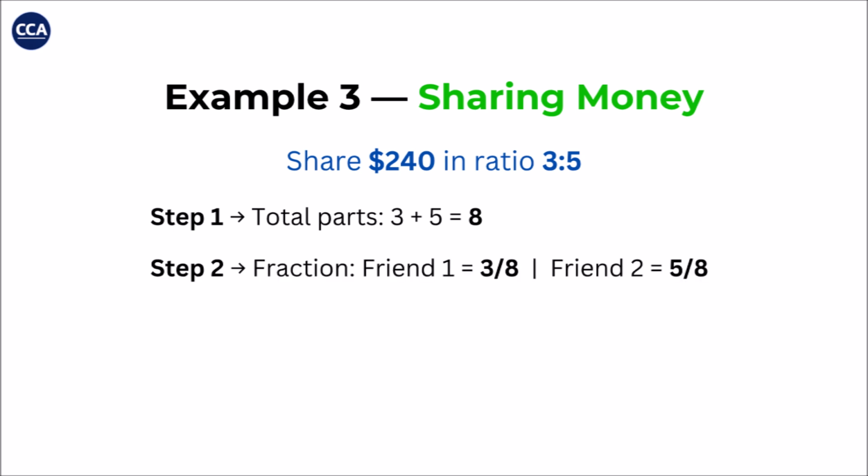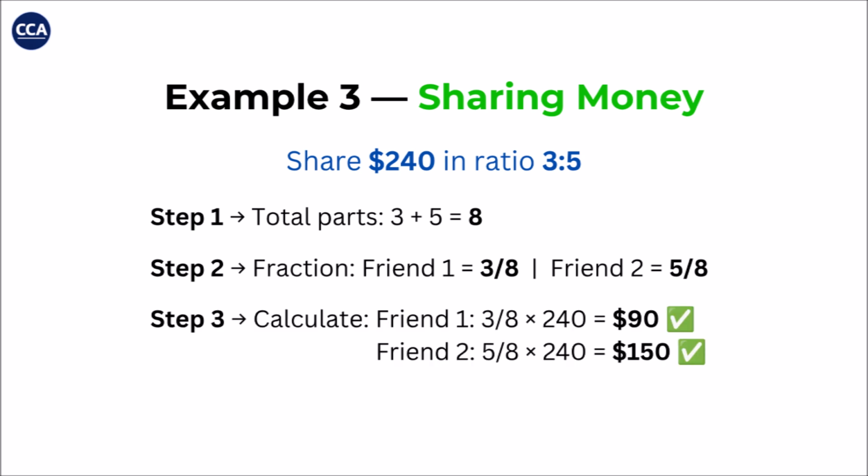Step 2. Convert each ratio part to a fraction of the whole. Friend 1 receives 3 over 8 of $240. Friend 2 receives 5 over 8 of $240. Step 3. Calculate each share. Friend 1, 3 divided by 8, multiplied by 240, equals $90. Friend 2, 5 divided by 8, multiplied by 240, equals $150. Step 4. Check, 90 plus 150, equals 240. Correct? This method, converting ratio parts to fractions of the whole, is the most reliable way to solve sharing problems